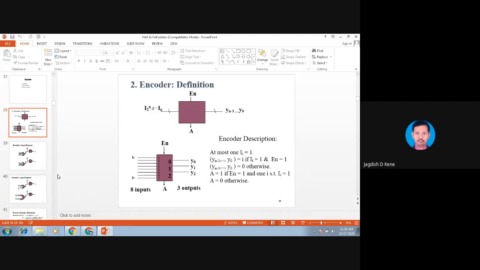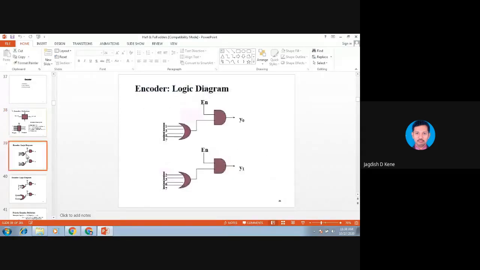Clear to you? So this is the general information about the encoder, but the same thing we can define in this way. It will be defined by using OR combinations, the opposite. Earlier we defined it by AND combinations in the case of the decoder, but now it is OR. All inputs come together, and whichever is active high will be passed to the particular output. So here Y0, Y1, Y2. For each output, we have different inputs.